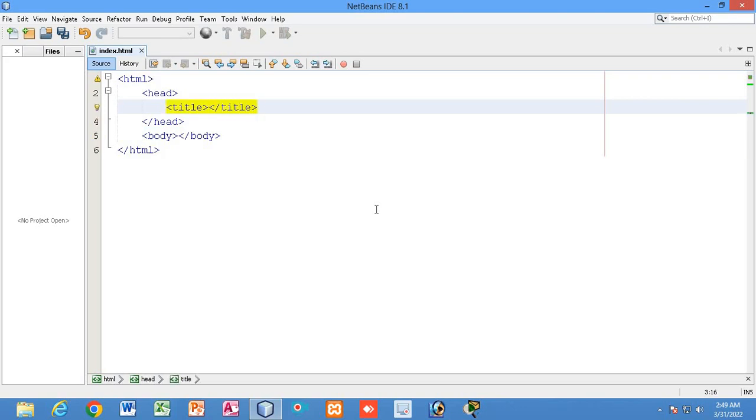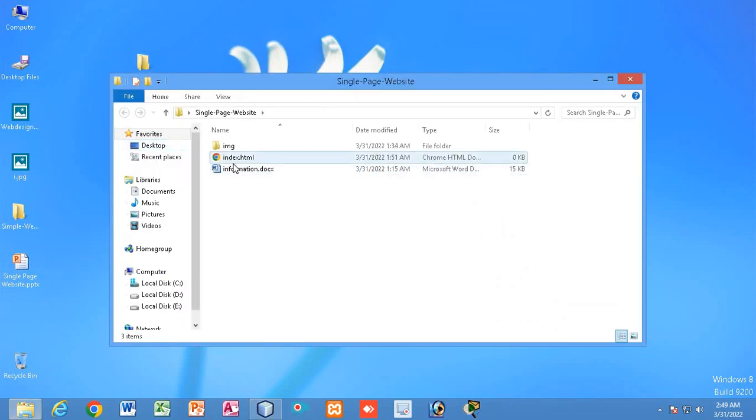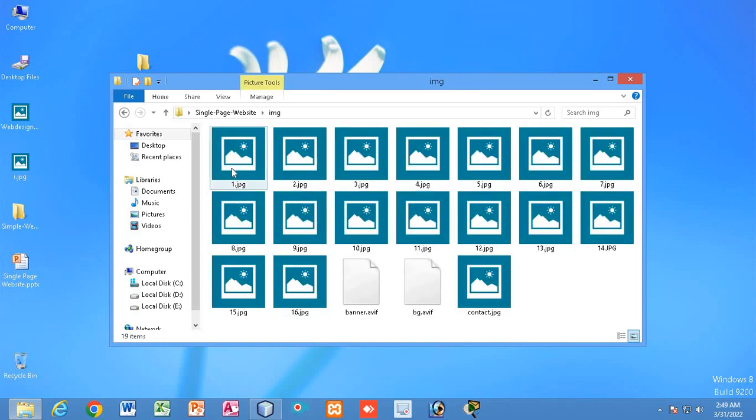In the title, the website we are going to prepare will be of Rabindranath Tagore. I have collected some information on Rabindranath Tagore. Here you can see in this information file I have collected some information. Here is the image folder. In this image folder I have collected some images.